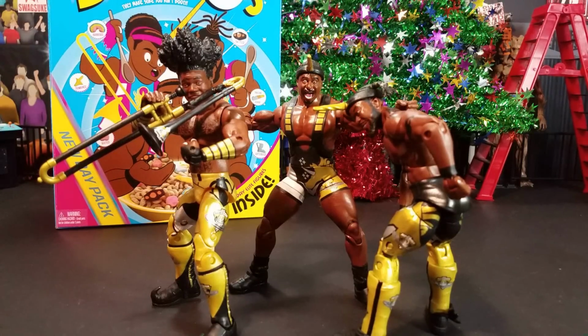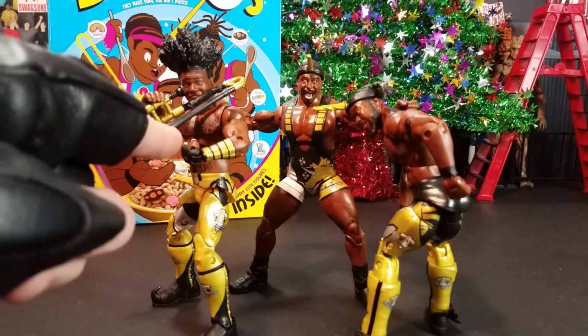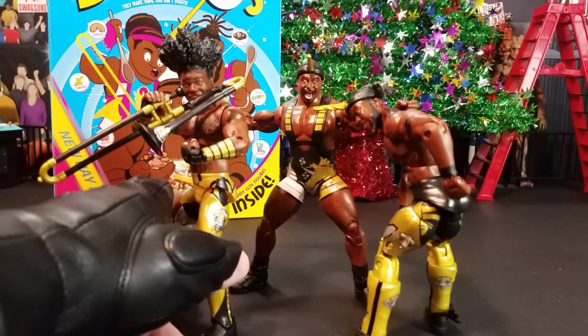I've got some minor nitpicks and gripes with them here and there, mainly due to quality control issues, but overall, the design and concept of these figures, I absolutely just love and adore them. This one is just my absolute favorite attire of the New Day, and I think Mattel did an outstanding job with them. So one by one, let's go through the figures, starting with the master of the trombone, Xavier Woods,